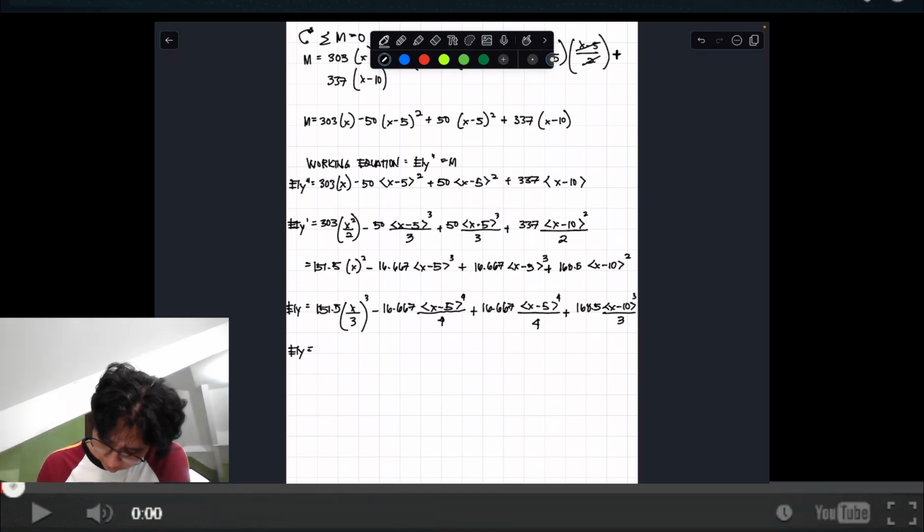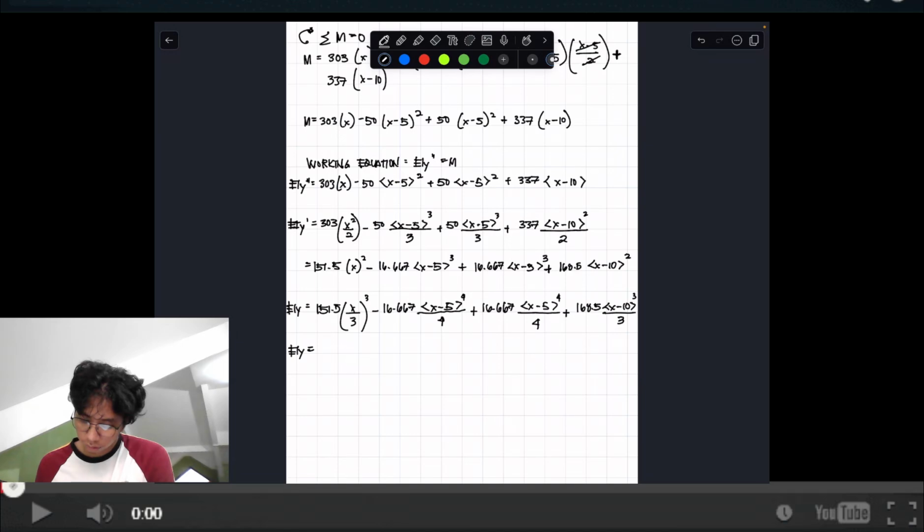So, yan natin. 151.5 divided by 3 is 50.5. Multiplied by x cubed, minus 16.667 divided by 4, which is